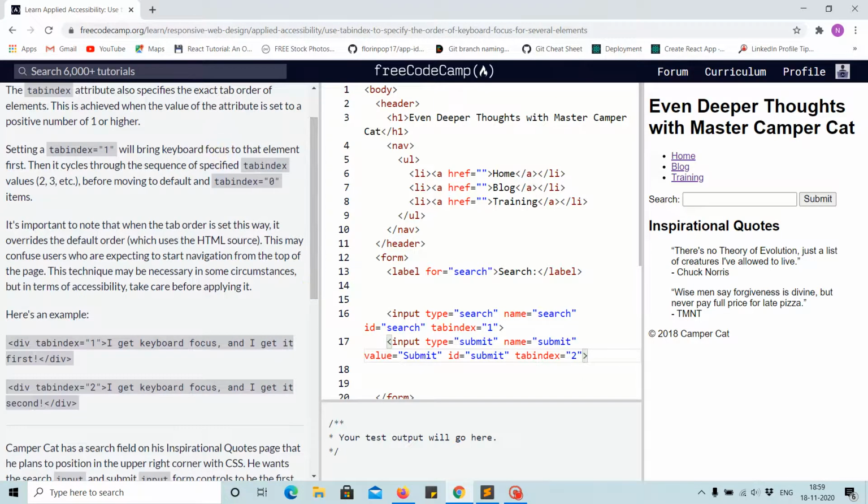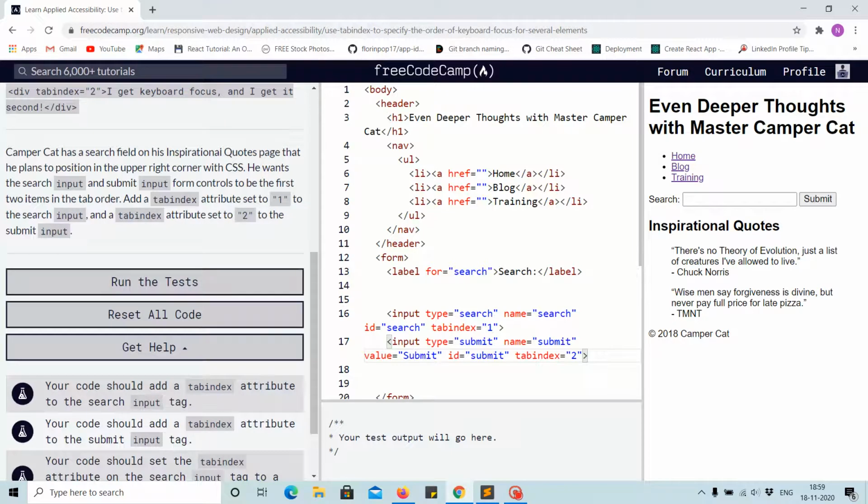So what if I click here? The behavior is irregular.